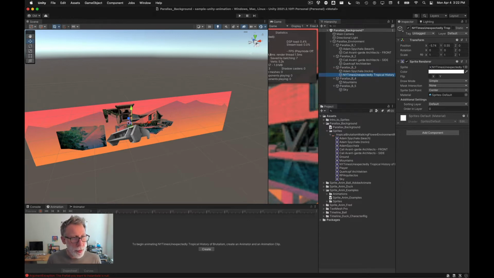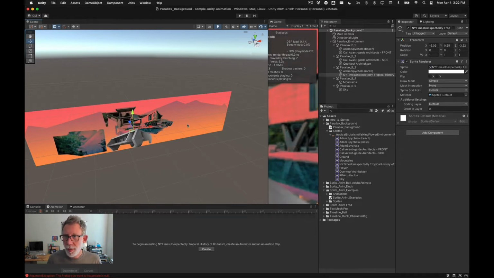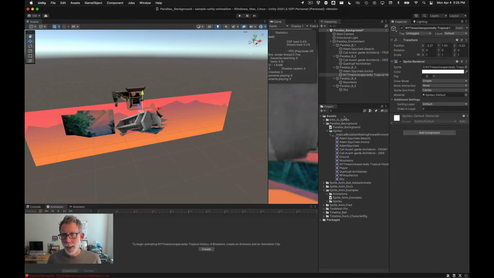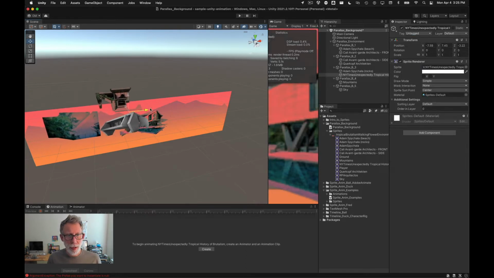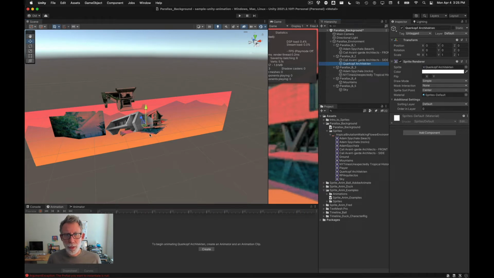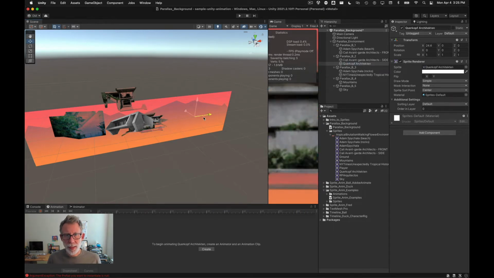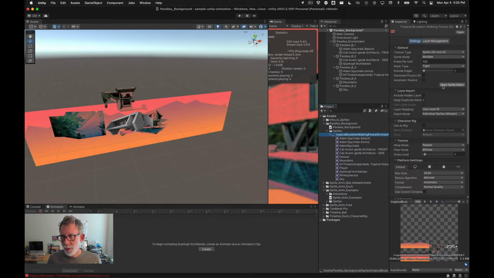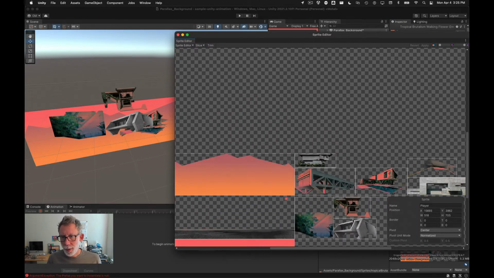So now I can move these around and, oh, it thinks these are all on the same layer for some reason. That's awesome. So it looks like if I go into the sprite editor, I can try to figure out why these are now on one, even though this thinks, or it did think it was on its own, or these other ones did think they were on their own. So I'll go here to the PSB file, and I'll open the sprite editor, and I'll zoom in,